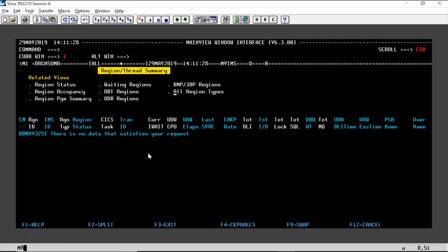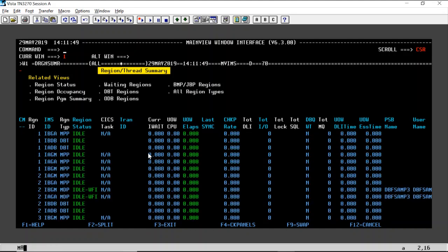Another view that we like to use is the all region types. We'll go ahead and take a look at that view now. All you need to do is go to all region types and hit enter. Here we can gather lots of information on the regions. For example, we can get the ID, the type, the region status, if it's connected to any CICS tasks, transaction